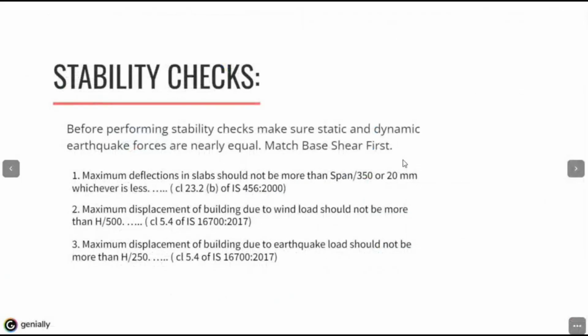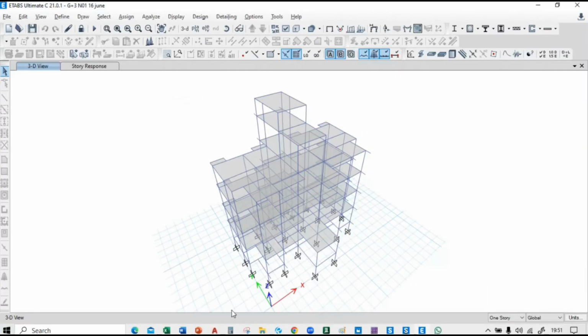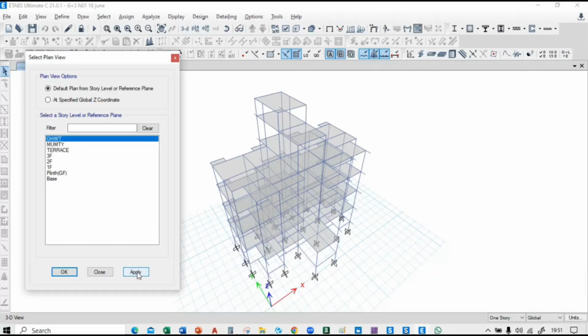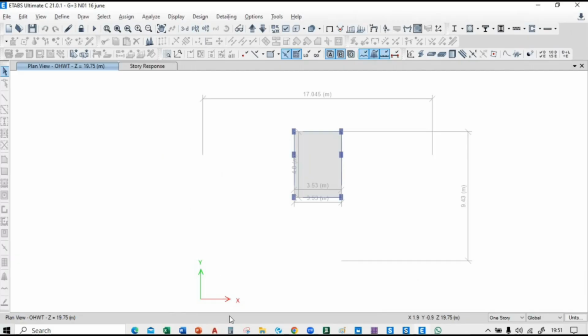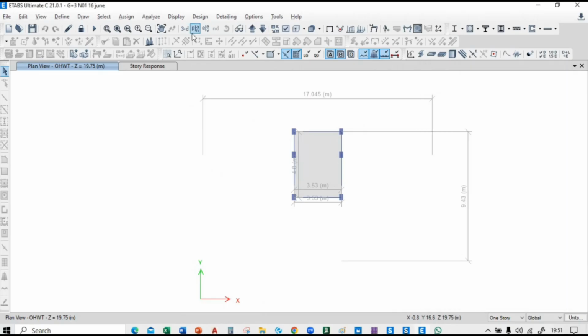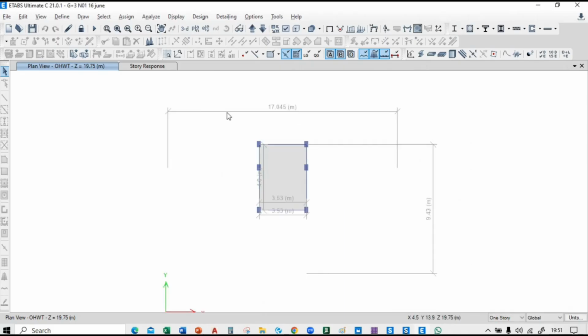So the maximum displacement of the building due to earthquake load should not be more than h divided by 250, so we will calculate it. H is 19.75. So 19.75 divided by 250 into 1000 is 79. So the permissible limit is 79. To check the lateral deflection due to earthquake,